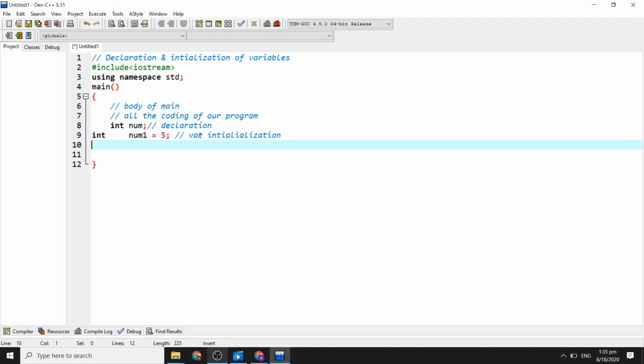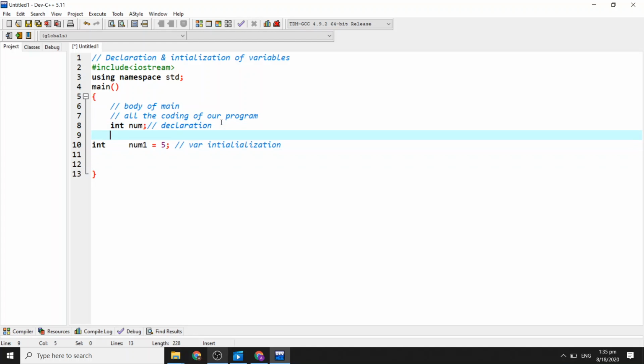Okay, now I'm going to print the value that is stored in your variable num1, or that is stored in your variable num. Right now there is no value stored in num, so we can store a value in num as num is equal to 4.